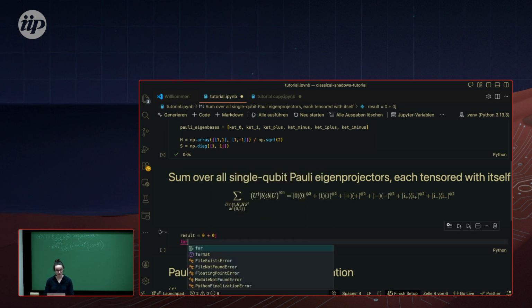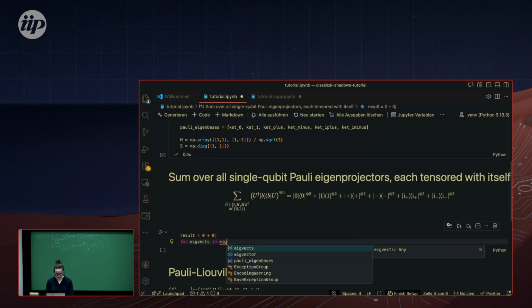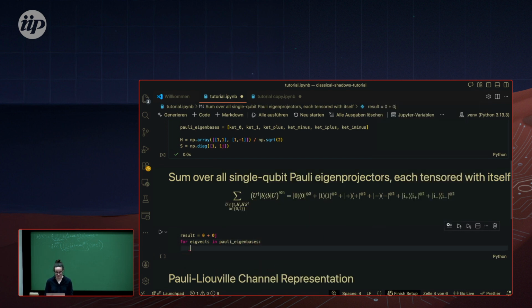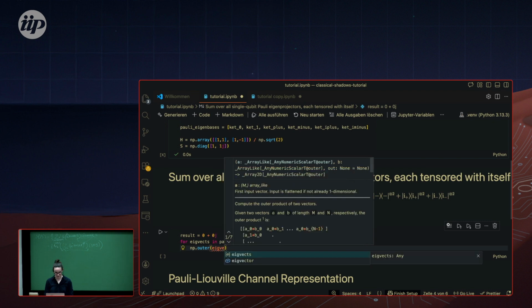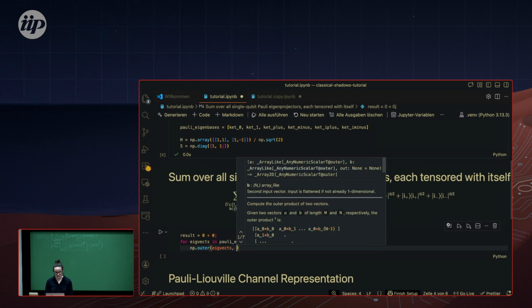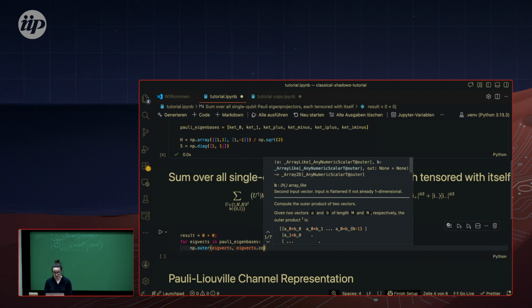Okay, then we need a for loop over all our eigenvectors in the eigenbasis, I think I called it. Alrighty, so now I want to calculate the outer product, so I will just use the NumPy built-in function for that, which takes care of the transposition but not the conjugation.